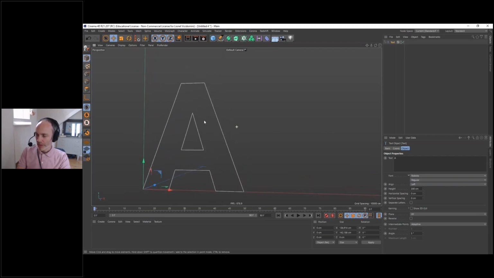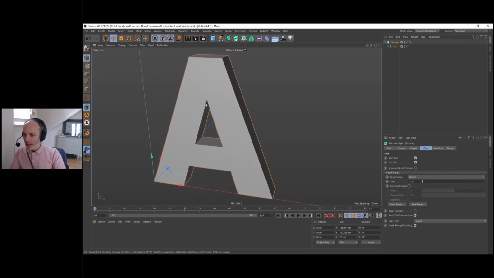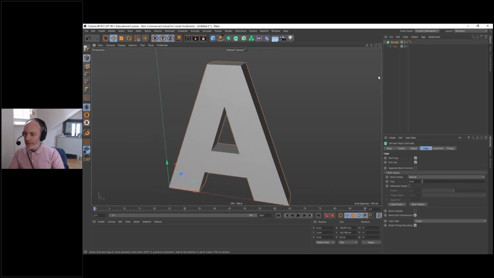Okay, now I'm going to put it inside an extrude generator. In the very first version of this tutorial, before Cinema 4D R20, you really had to craft your 3D model by drawing almost every polygon by hand.